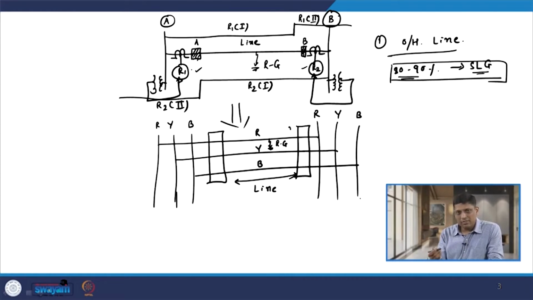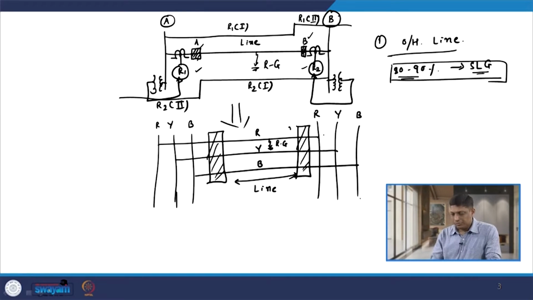So, it senses this fault, it gives signal to the breaker, circuit breaker A. So, that is this breaker, all the 3 poles of the breaker become open. Same way, this fault is again detected by R2 in its first zone. So, it gives signal to the breaker B at substation B, and again the 3 poles of this breaker